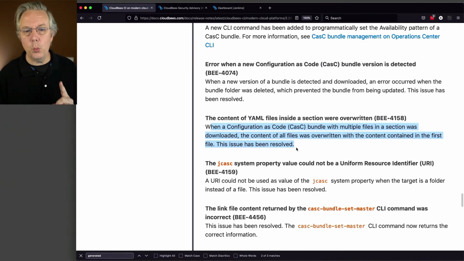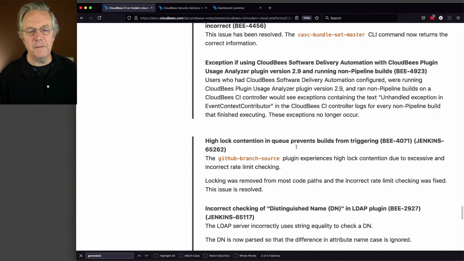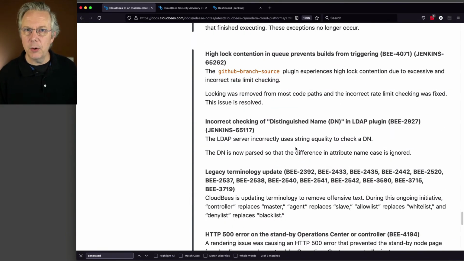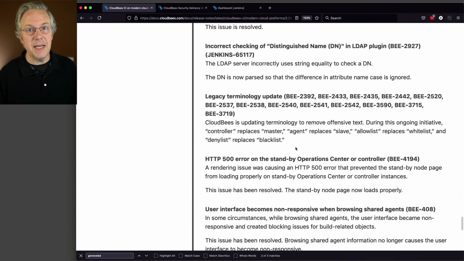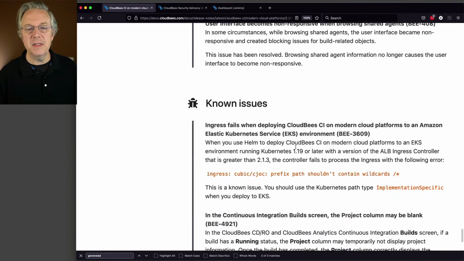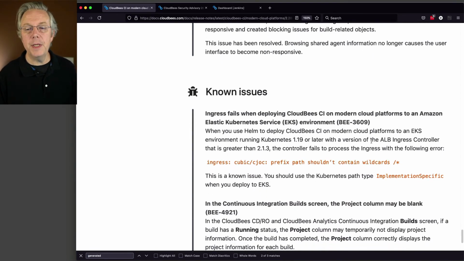Finally, there is one known issue that affects anyone that is hosting on AWS using EKS and specifically using an ALB ingress controller with a version that's greater than 2.1.3. So this is a very specific version, EKS 1.19 or later, and an ALB of 2.1.3. This is a known issue and will be resolved in a future release. And that's a quick recap of what's available in CloudBees CI